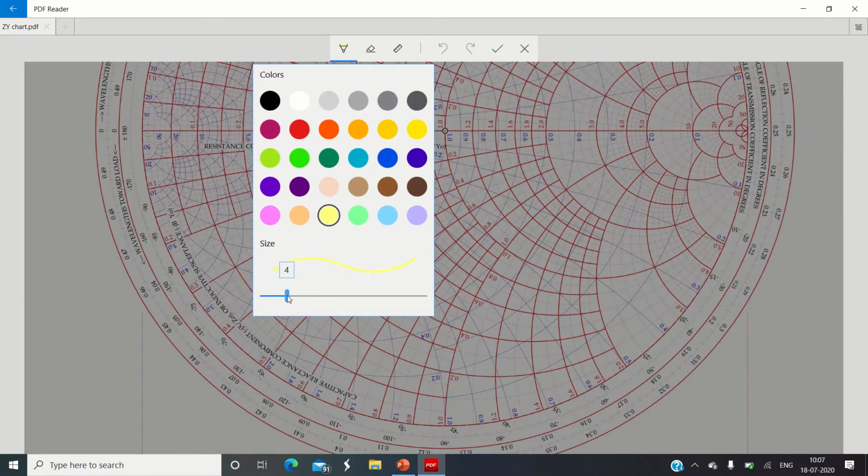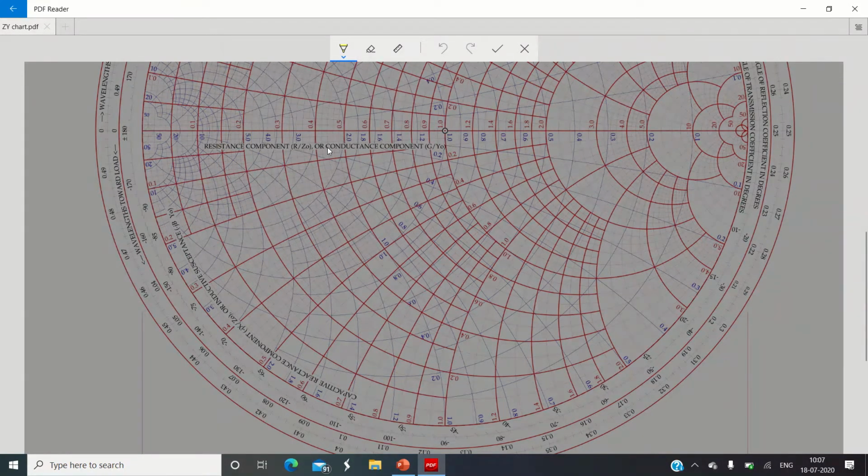So I will reduce its thickness a little bit so that, say, here we are interested in this part. So what I will do is I will take a pencil, okay, and then I will start tracing this particular circle. I'm tracing it downside because the point will get located downside somewhere here. Okay, and I will continue up to this point.